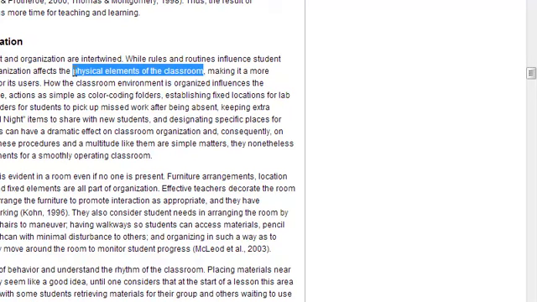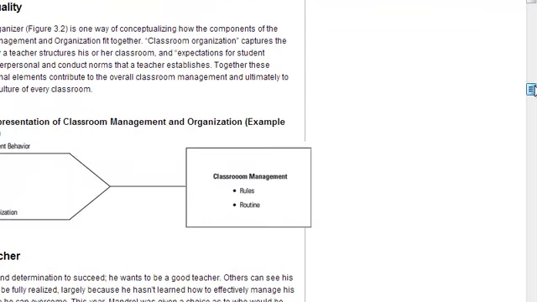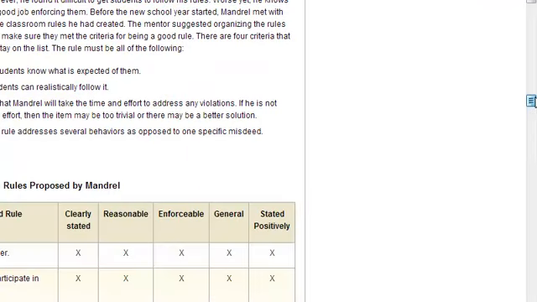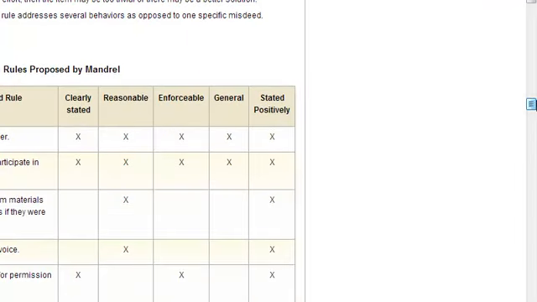If you have a computer section in the classroom with 3 or 4 computers, you don't want students to be distracted by those computers. So you wouldn't have them facing those stations. So I hope that helps. This article is really good, and I think if you go through it by yourself, the rest of it, you'll get some ideas. Here's a chart that talks about whether the rules that you're going to write are clearly stated,